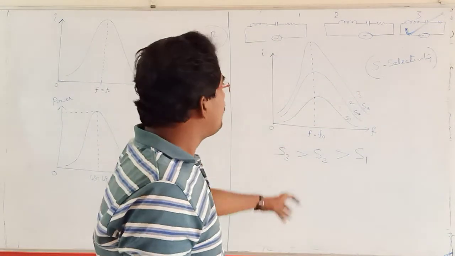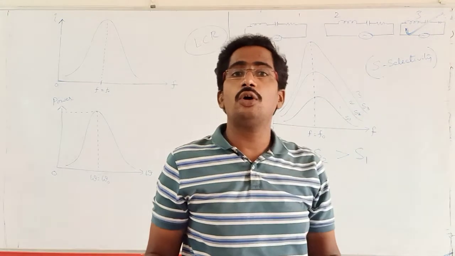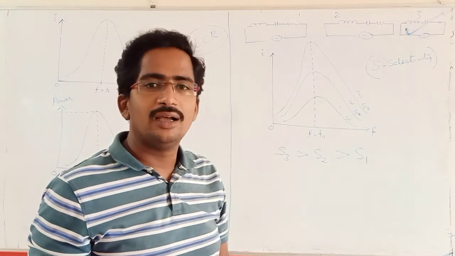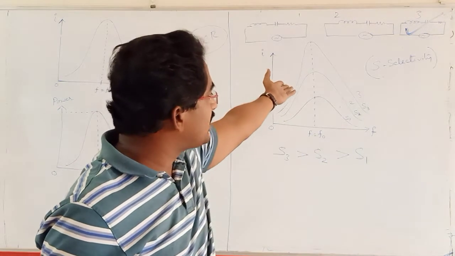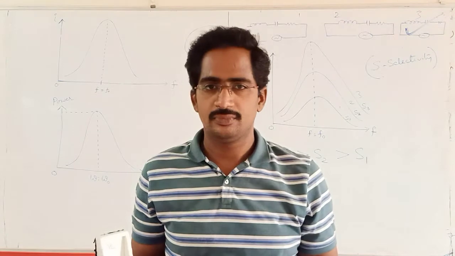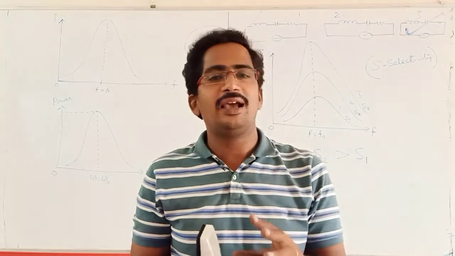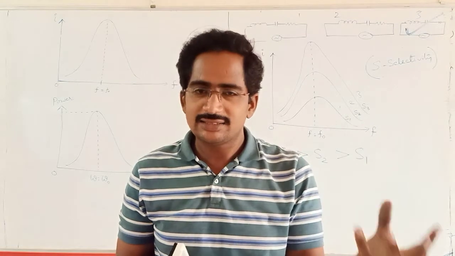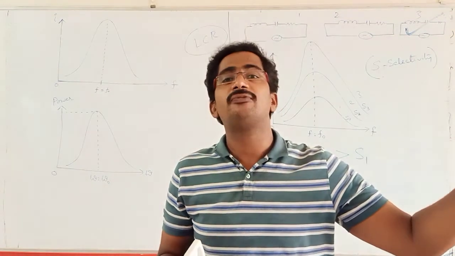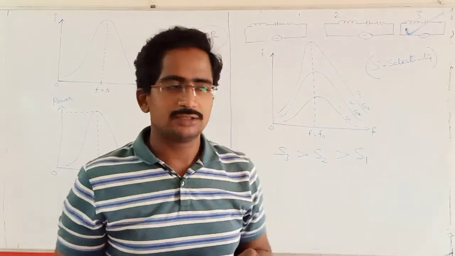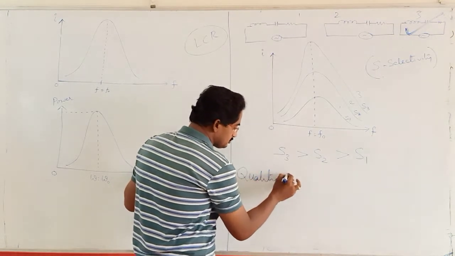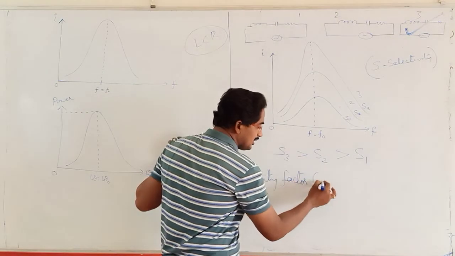But whenever you have three circuits like that, how do you know their sharpness value immediately? How can we know that when you don't have curves like this? If we don't have the graphs corresponding to current and frequency, then how can we know the sharpness or selectivity of the circuits? That selectivity we can know through a quantity called the quality factor. What is that? Quality factor. So do remember, quality factor is Q.